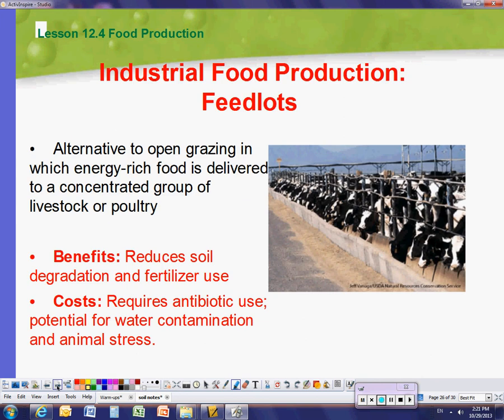All right, industrial food feedlots. These are factory farms, a warehouse of animals getting energy-rich food. Why is it good? Gives us more food, keeps the soil intact, use less chemicals, and the manure can be used for our vegetables. It's bad because all of those animals have to receive antibiotics. PETA, the People for the Ethical Treatment of Animals, actually says that this is harmful to animals, that it's not natural for them, and they have to receive antibiotics and steroids in order to survive, and this can contact us, and it can get into our groundwater as well.